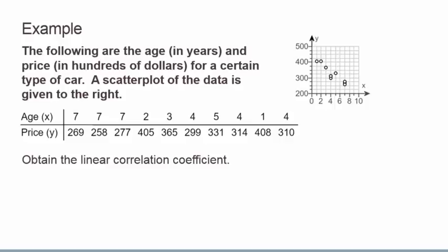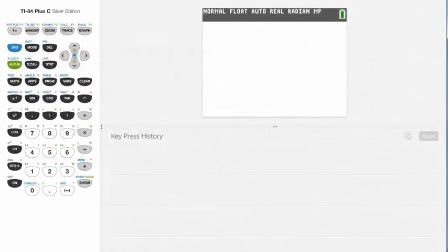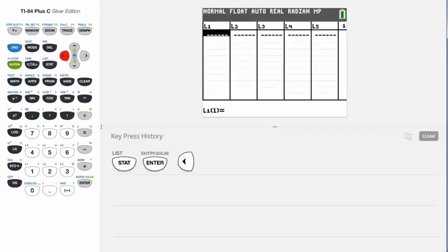Obtain the linear correlation coefficient. I want to go to my calculator. First, I need to type my data in my lists. So I go to Stat, Edit, X goes in L1: 7, 7,